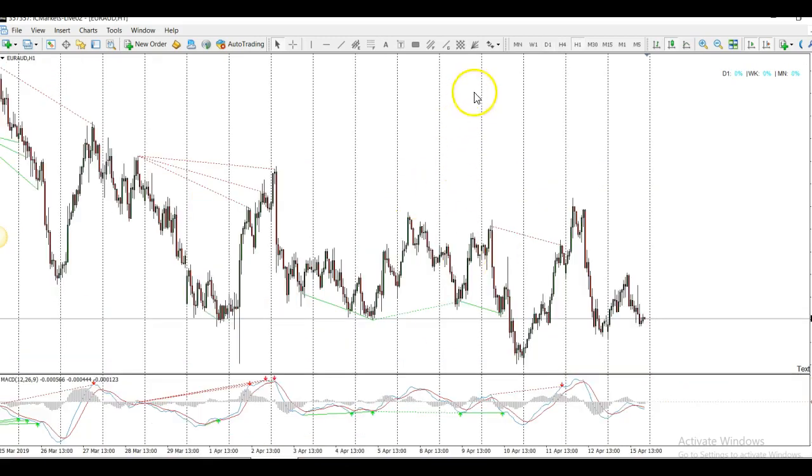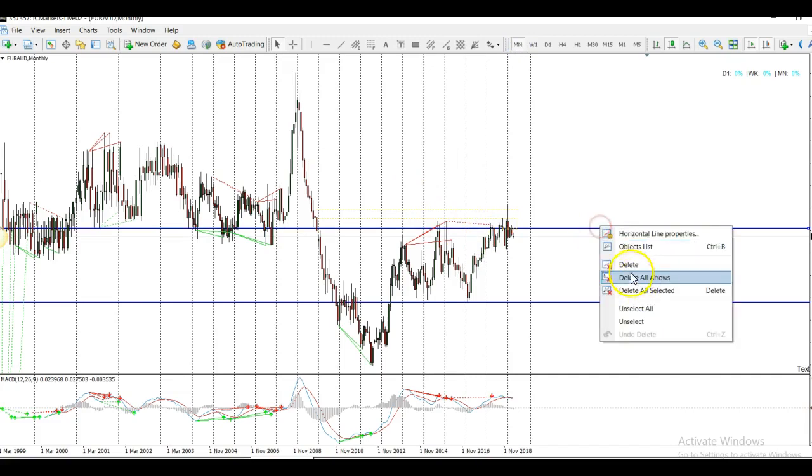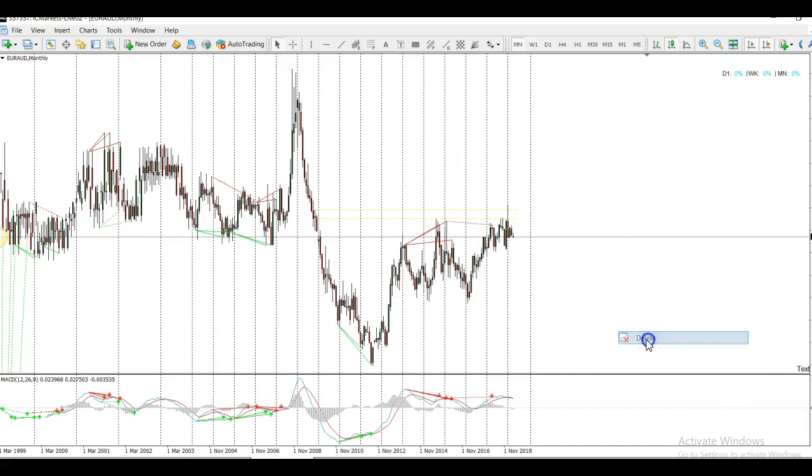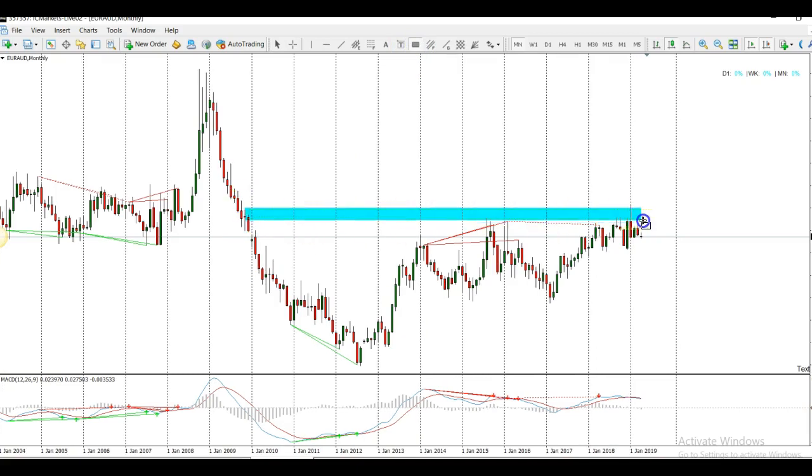Okay, Euro Aussie. So we'll look at this. Just zoom in. Okay, Euro Aussie. Now, I'm straight away noticing this area here. Okay, you can see this drop in the market, and a pause, then a new drop. This is a kind of zone,